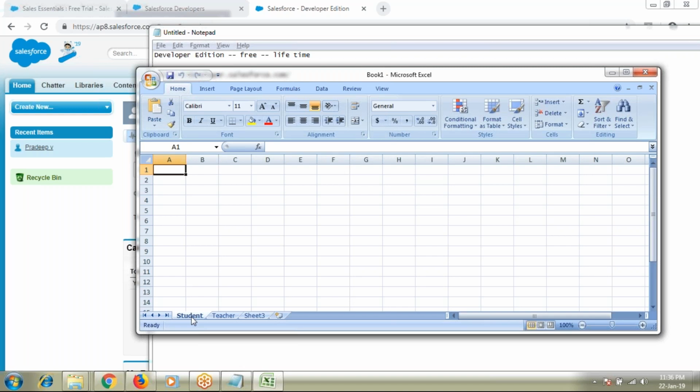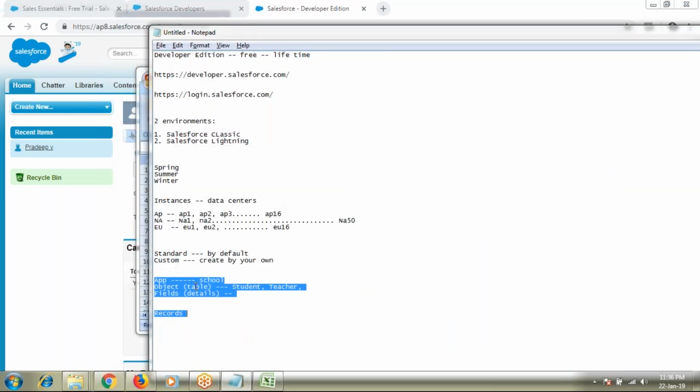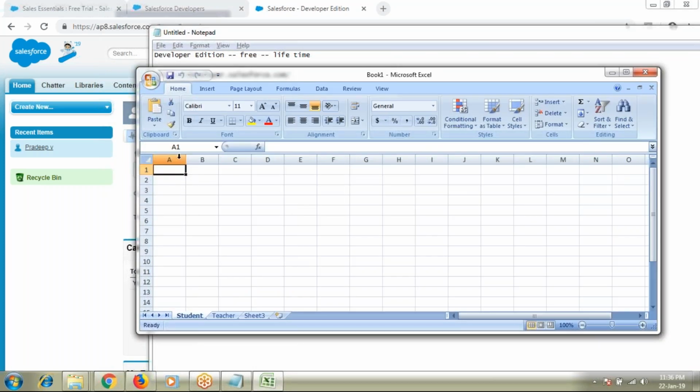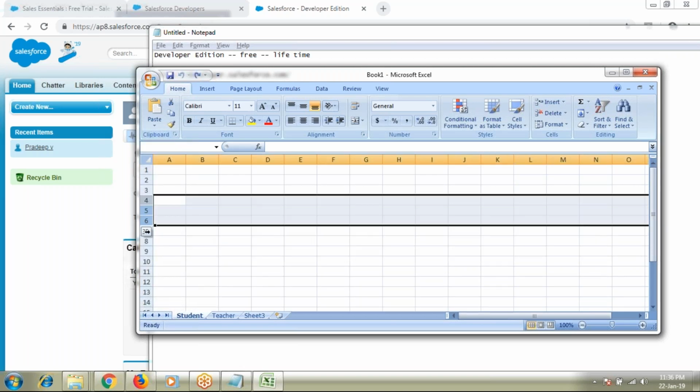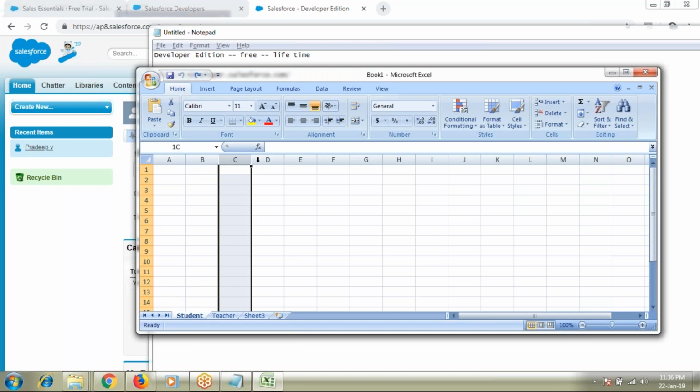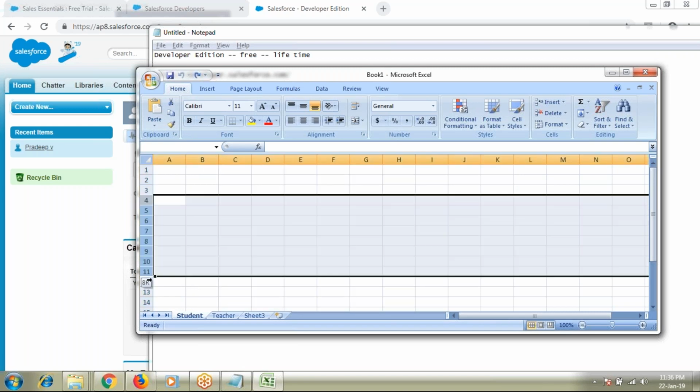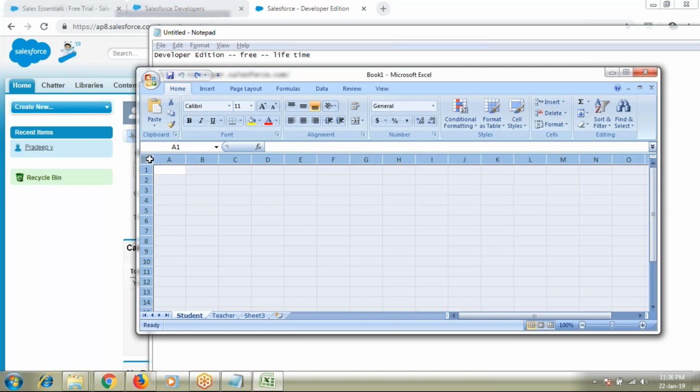Like I said, student is one of the objects, and the student object is nothing but a table. A table will have columns and also rows. The combination of the columns and rows is nothing but your entire table.